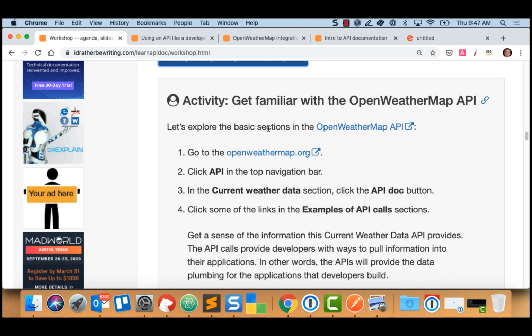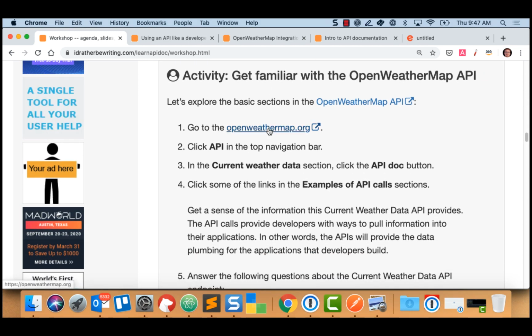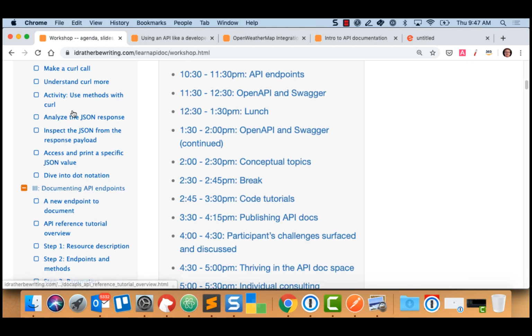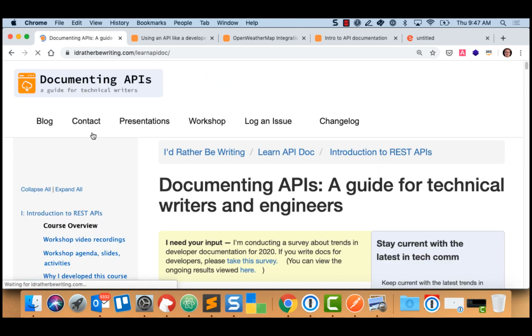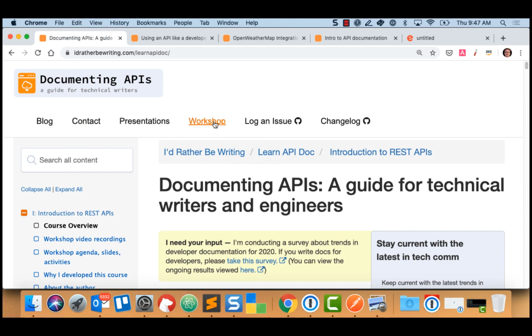activity 2A, explore the weather map API. So go to that workshop page that I was telling you about. If you forgot how to get to it, just go to I'dRatherBeWriting.com. Here, I'll do that again. If you're at I'dRatherBeWriting.com, click API Documentation Course, then click Workshop,